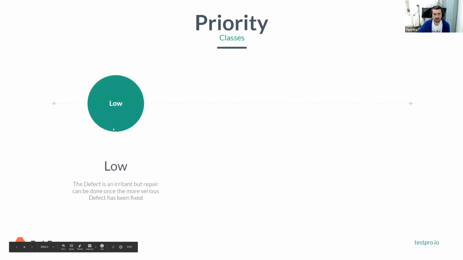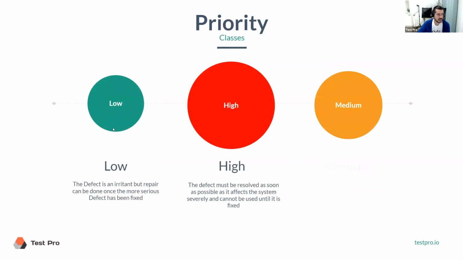Let's talk about priority classes now. So we have 3 major classes here, which is high, medium, and low. In Jira, we actually have 4 of them. And the 4th one is a little bit different in Jira for some reason, but I don't think